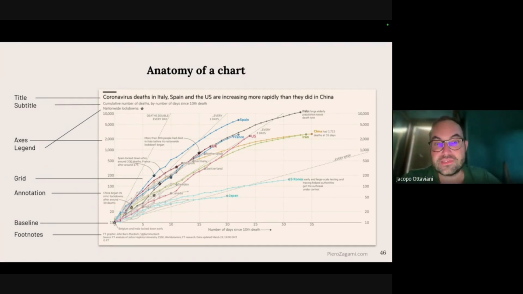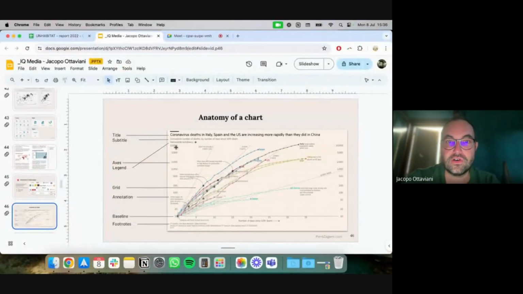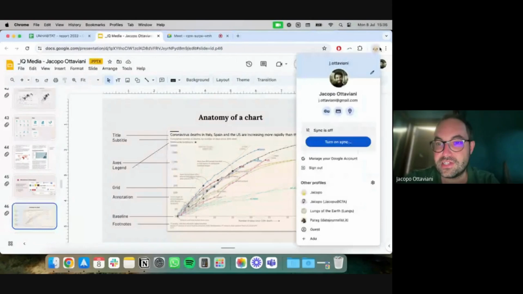So the Financial Times does that all the time. If you happen to read the Financial Times, you will find a lot of these charts with so many notes in them. I always say it's a key aspect of charts, even if it sounds very easy, but it's important because you are basically letting the reader focus on the right part of the chart. So luckily, Datawrapper allows us to do it